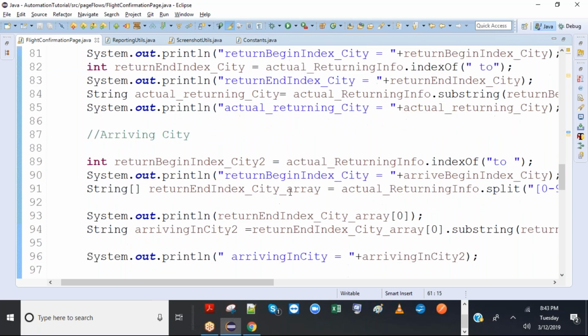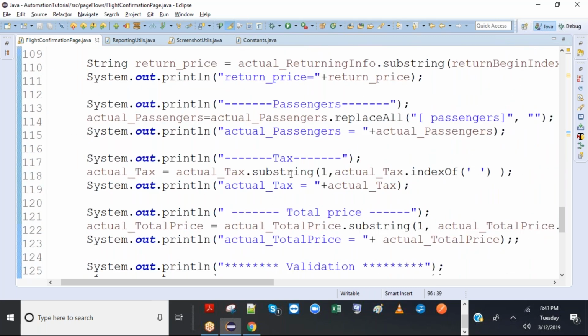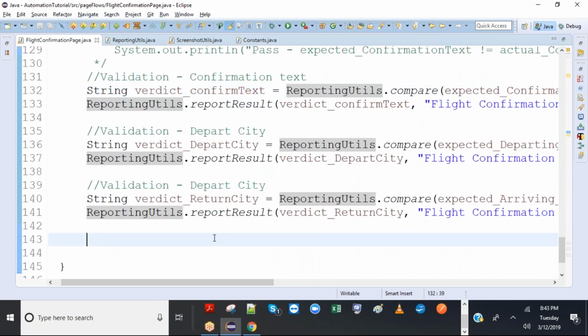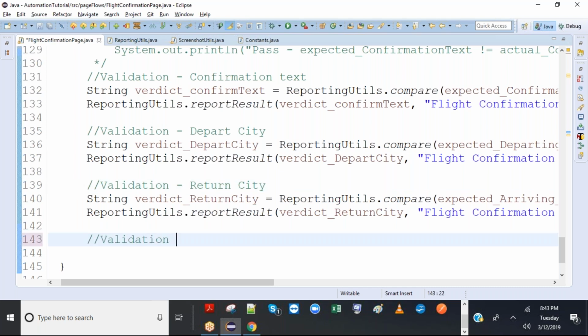Okay, so my next validation point would be the first class confirmation text depart. This is a return. Okay, next thing is validation for class.